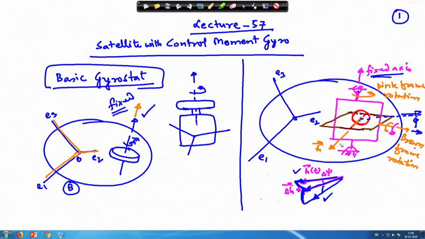So, neither this axis is fixed, nor this rotation vector or the h vector which I am associating with the angular momentum of this wheel. This is not remaining fixed, because this will change due to this and due to this also. So, this case becomes complicated as compared to the gyro state. This is the difference between the CMG and the gyro state motion wise, and there are other things also which are different. I will point out the related mathematics, and it is very important, what I told yesterday in the last class.